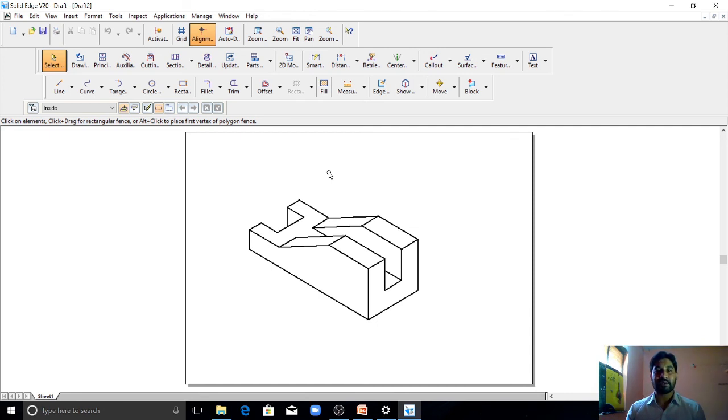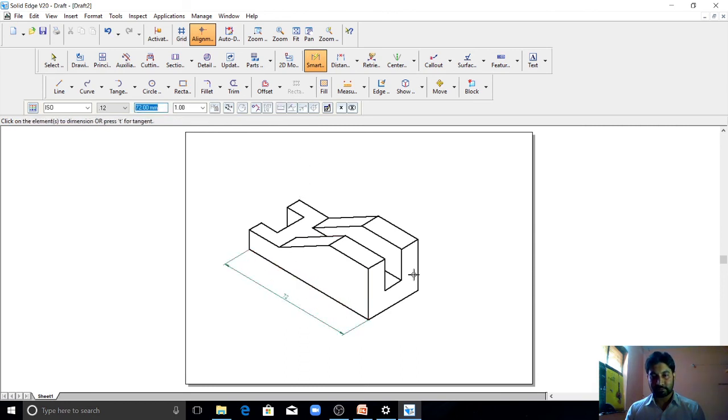Here you need to give the suitable dimensions which are required, which are given in the problem. So using smart dimension, give all the dimensions which are required. This dimension, this height, this width.